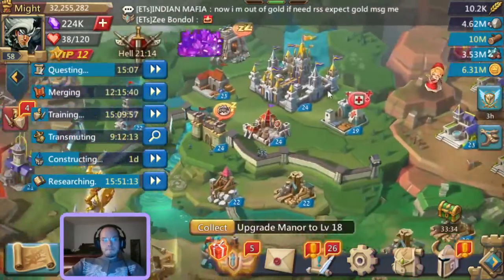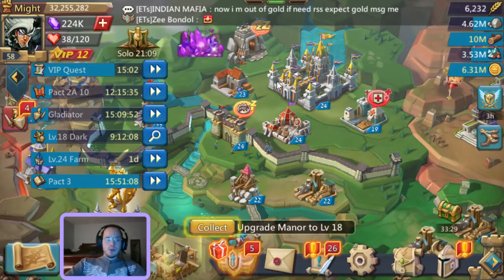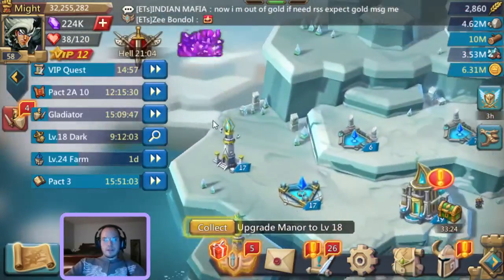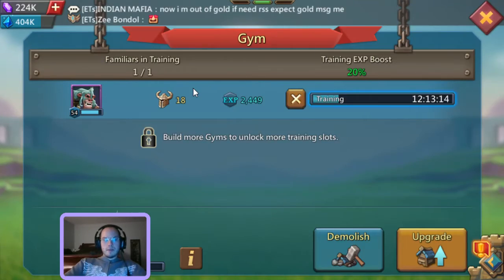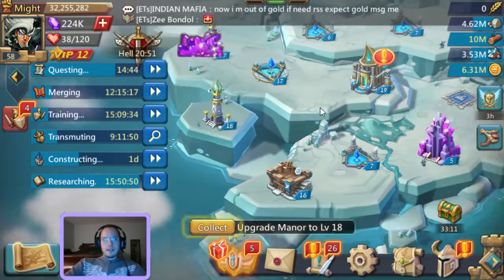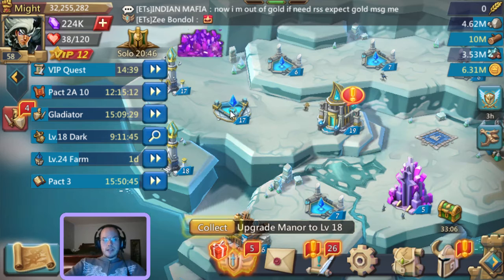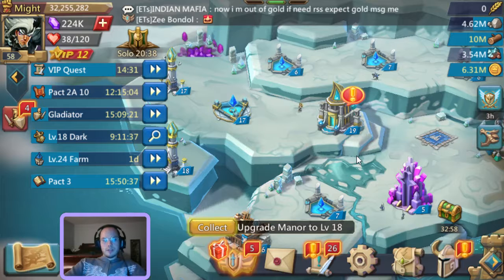So, you get your castle. Your castle level determines how cool you are. Other aspects of the game, we'll start off from left to right. So we got our Mystic Spires. We got our gyms. This is where your minions and familiars work out. This is where you build your different familiars from different packs. And this is the resource you need to build them. You need natural resources and some more natural resources. Available anima 404,000. We clearly used it recently to build some